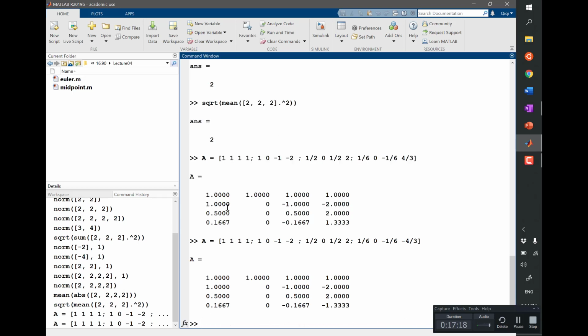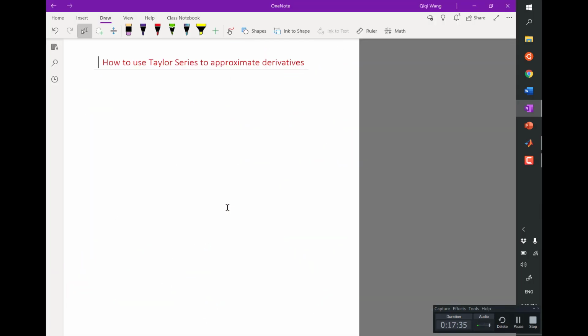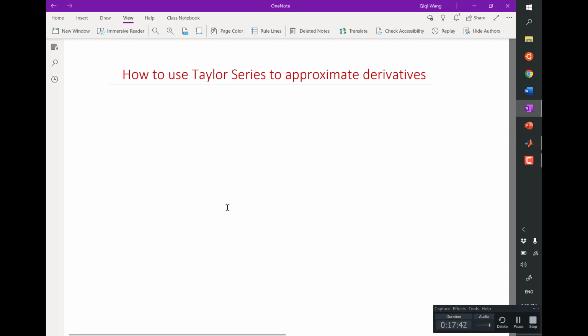Okay. And I just backslash my right hand side 0, 1, 0, 0. So that's the coefficients I get. This is my C times delta t. And the scheme I derived, therefore, is du